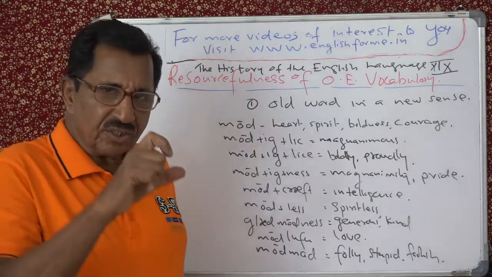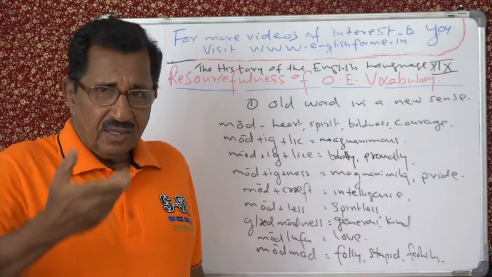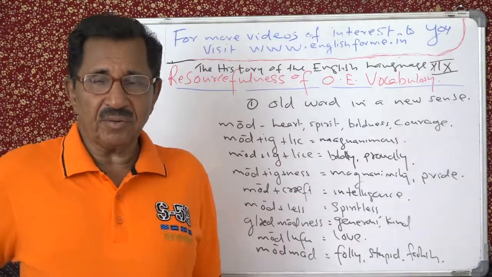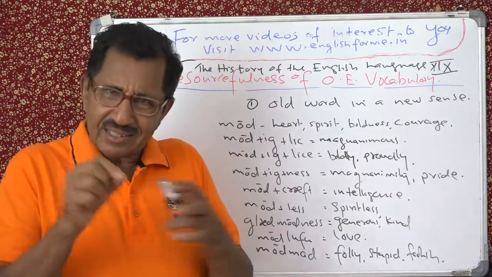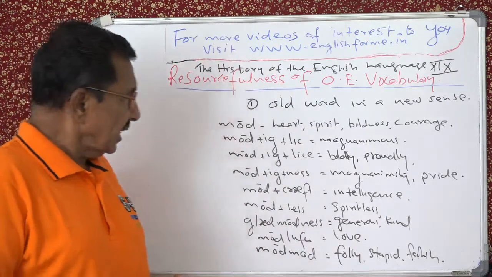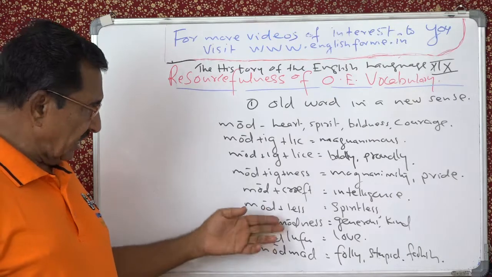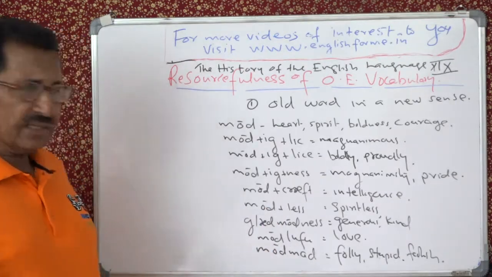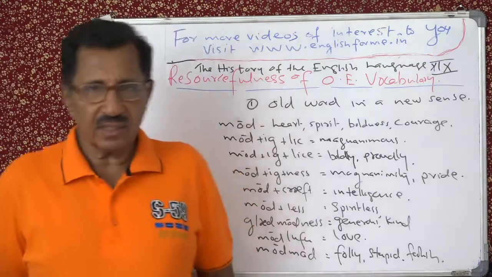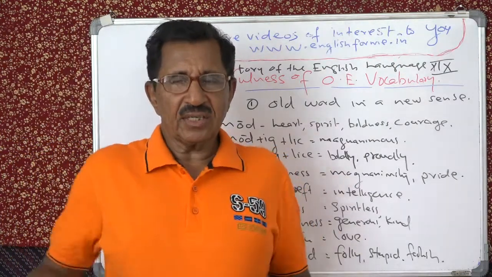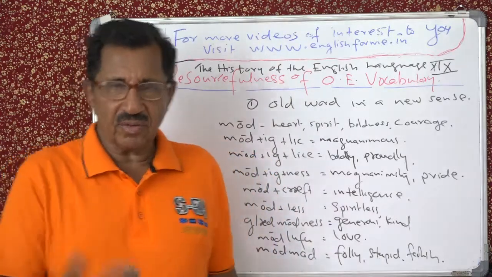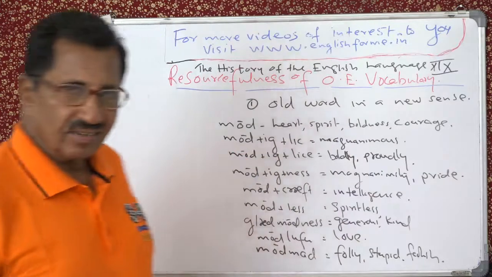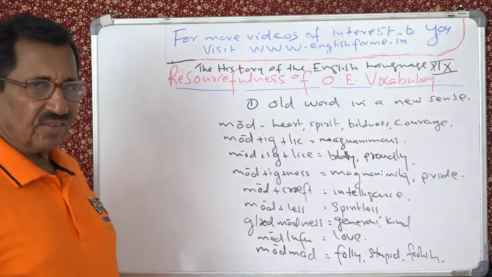So one root, they have coined different meanings. They derived different meanings by changing slightly here and there. Because these are liche, ness, craft, less, ness, lufu and mad, etc. These are common endings for adjectives, adverbs and so on. Even now we have what? Ness. Quickly. We said quickly. That is goodness. We said like that.